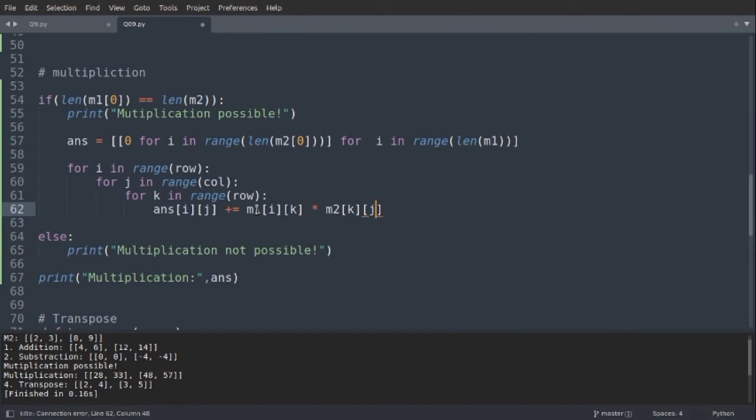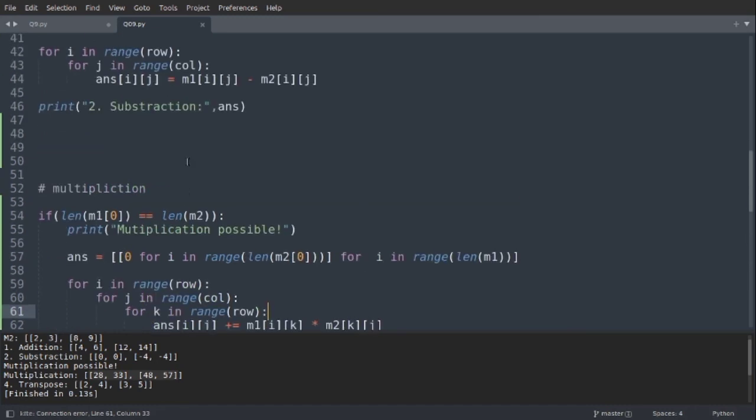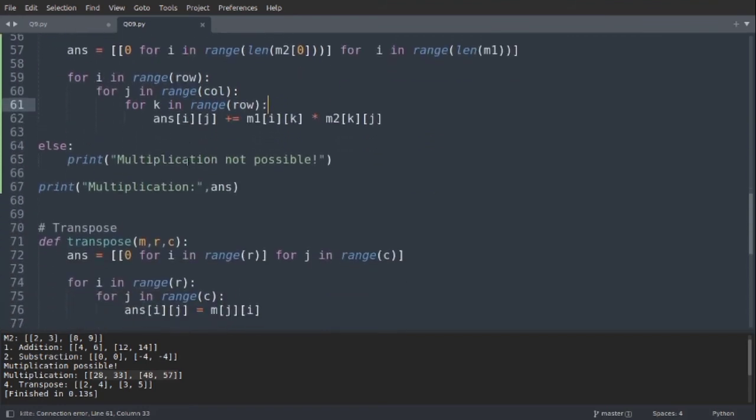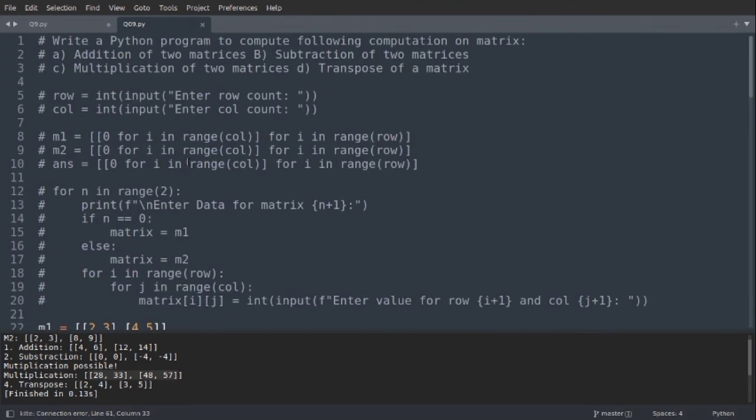So first of all i k and then k j. So let me just execute this again, and here now you can see 28 33 48 57. So now we are getting the correct value, and this was all regarding question number 9. So basically multiplication, transpose, subtraction, addition. So